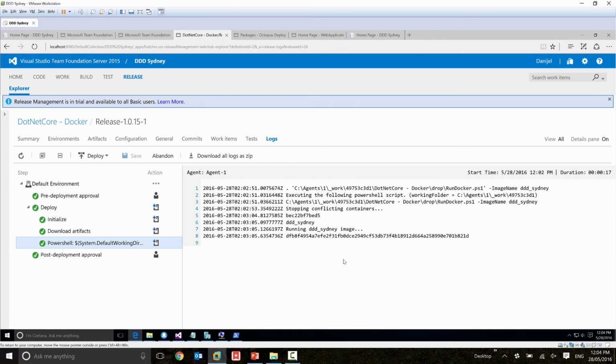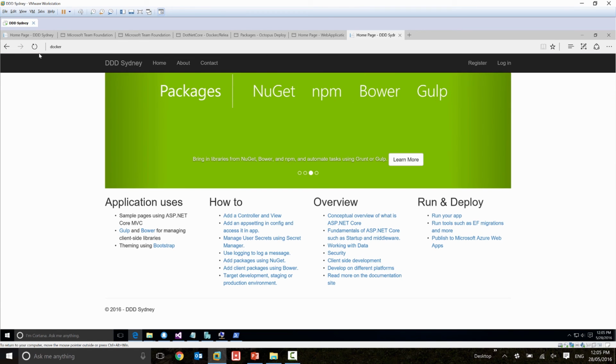And in this PowerShell, what I'm doing, I'm stopping all conflicting containers. Now here's the trick, with Docker you can run as many containers as you like. If the port is taken, once you try to run the next one, it's going to say, you have to stop the port, and that's what I have to take care of. If you're running multiple containers, that's what my PowerShell script does. And after that, once I stop all conflicting containers, I run a new image, and when I go here to Docker and I refresh that,